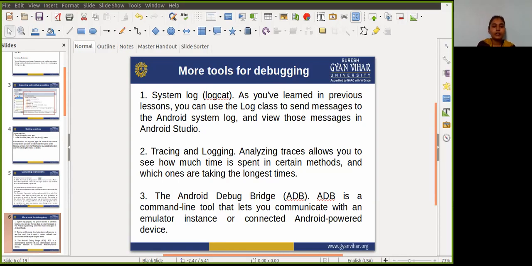So analyzing traces allows you to see how much time is spent in certain methods, and which one is taking the longest time. To create the trace file, firstly include the Debug class and call the startMethodTracing method. In the call, you specify a base name for the trace file that the system generates. To stop tracing, just call stopMethodTracing, and these methods, start and stop method tracing, work across